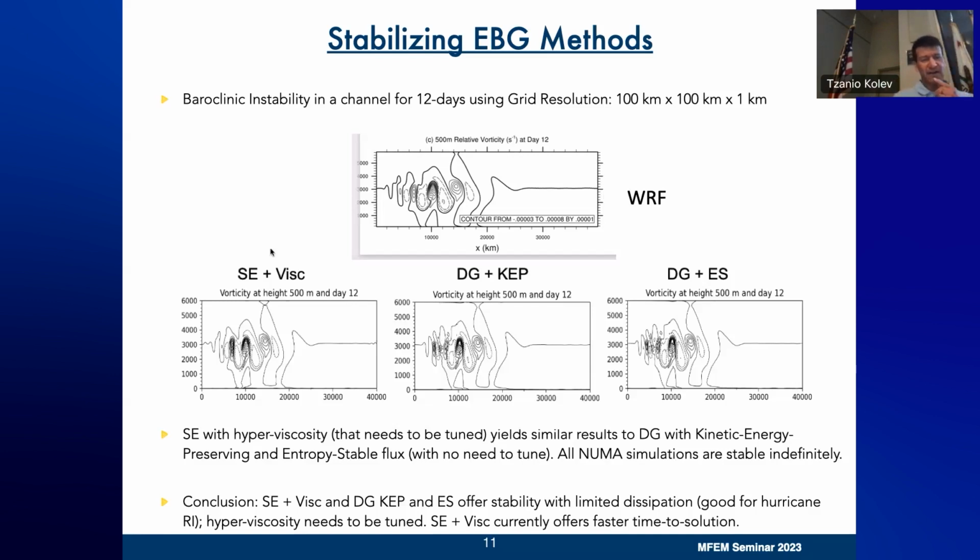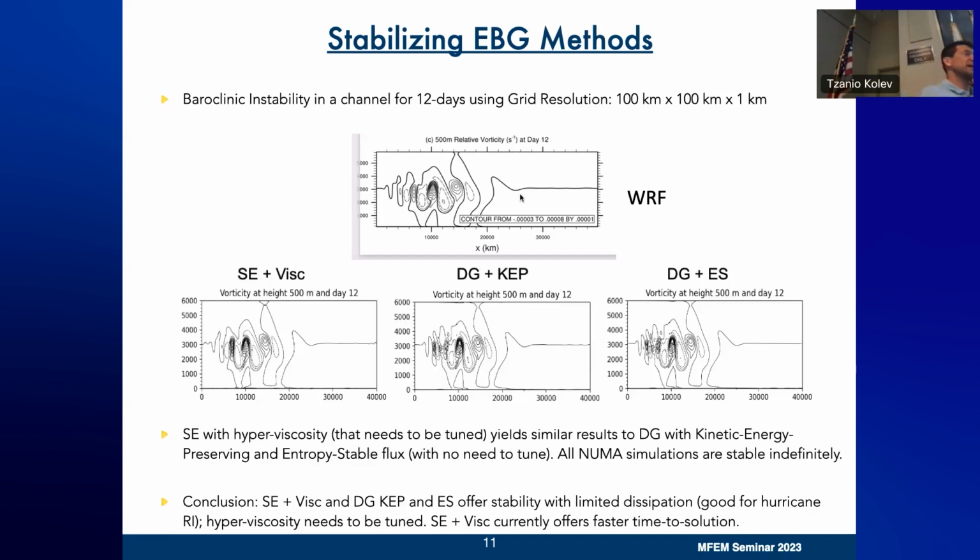So here is our simulation with NUMA. We use spectral element methods with viscosity, just like WRF does. And you can see that the plots look very similar, right? But what I want to show you is the other two panels. If you look at this DG with kinetic energy preserving and DG with entropy stable, I should state that